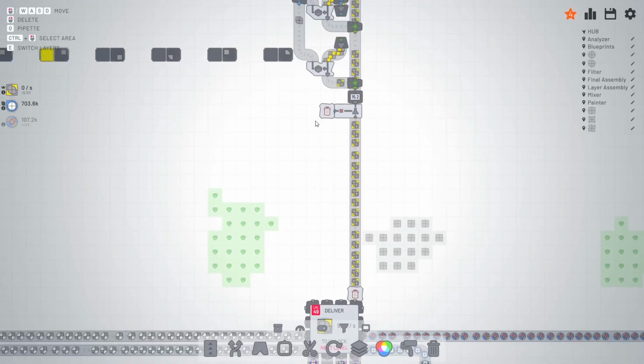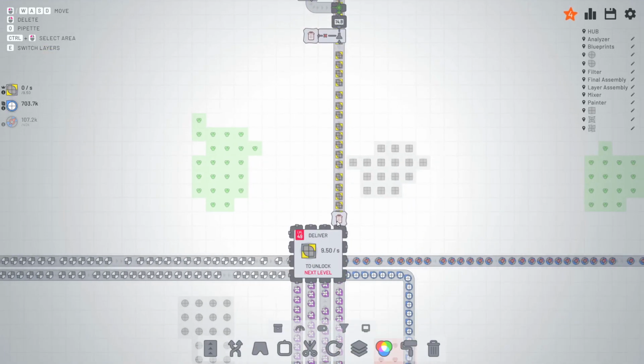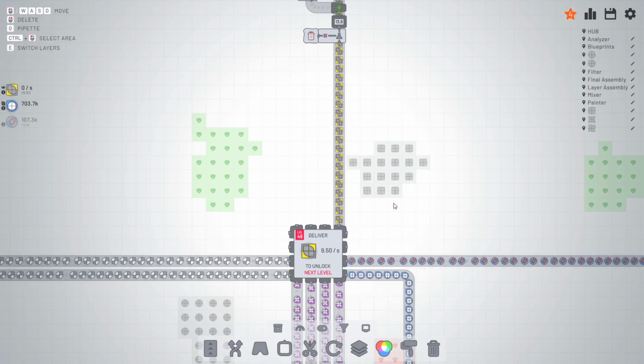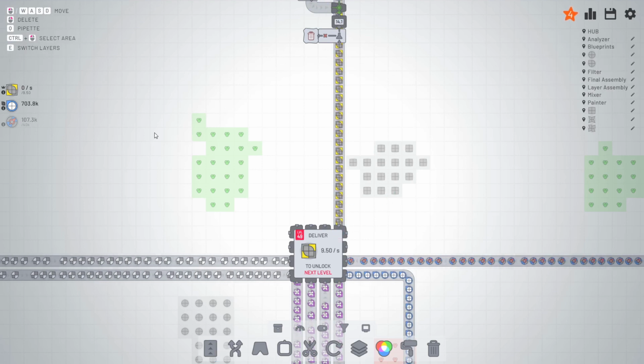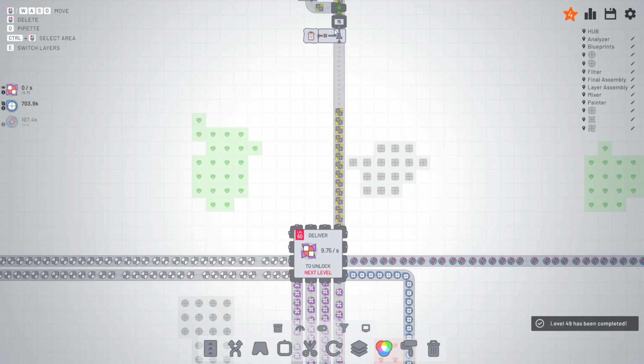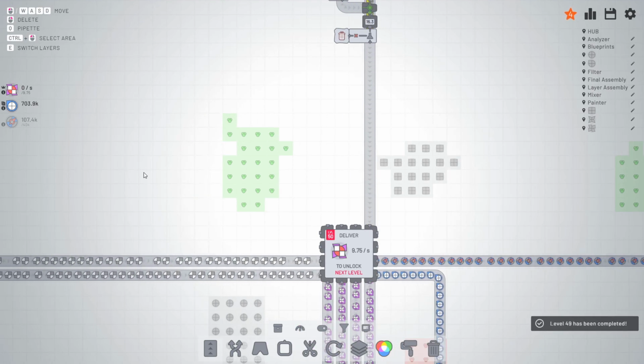So yeah, there you have it. Let's just let this output, and you'll see very quickly this belt reader is outputting 14, so nice, we got